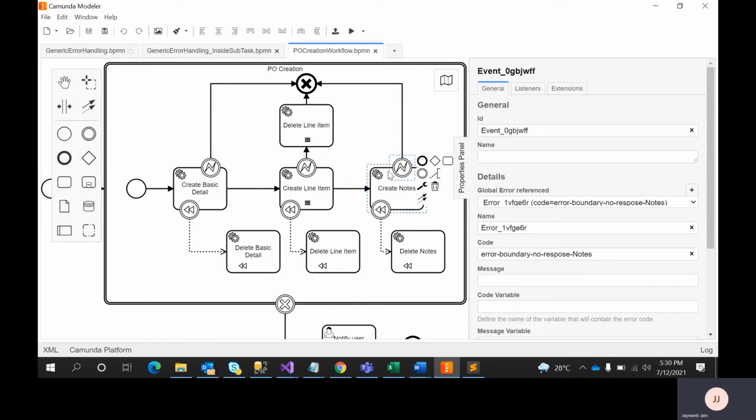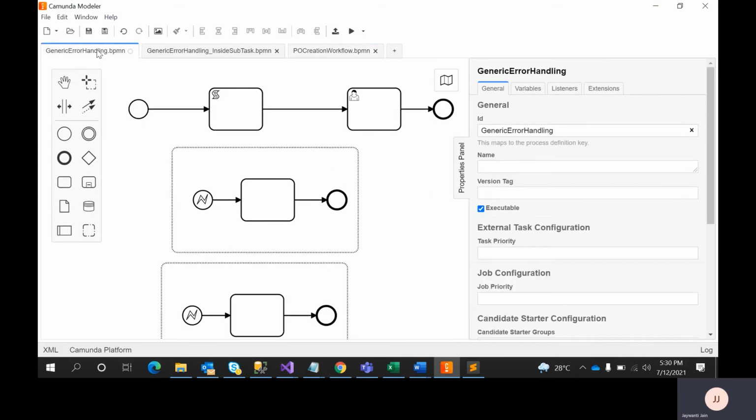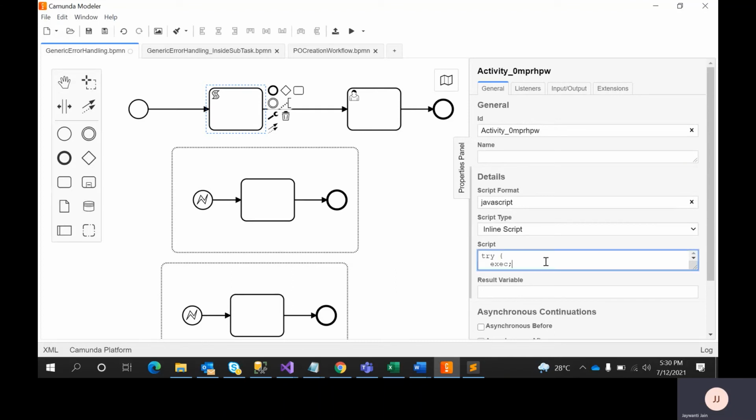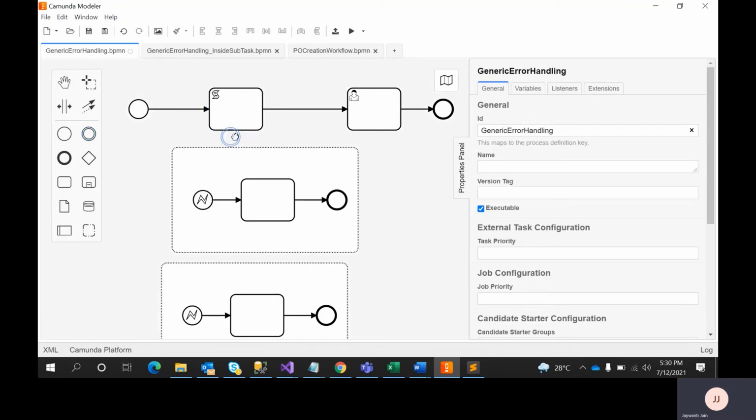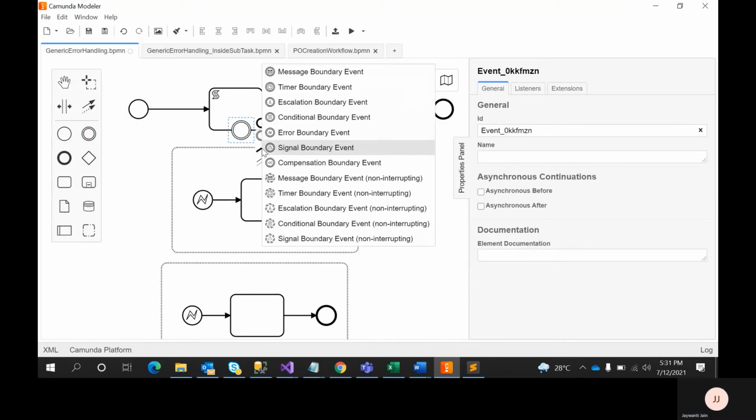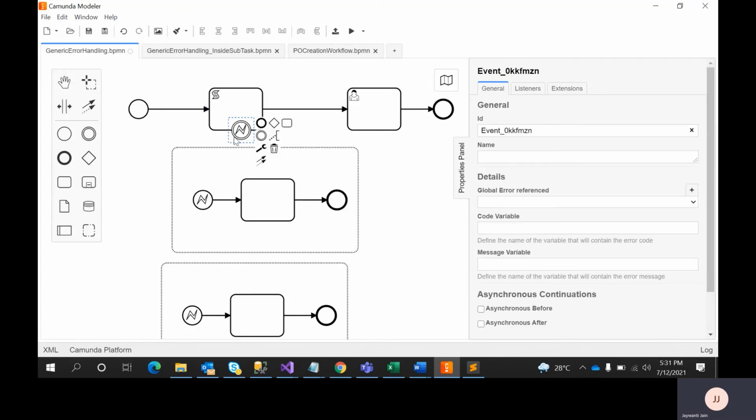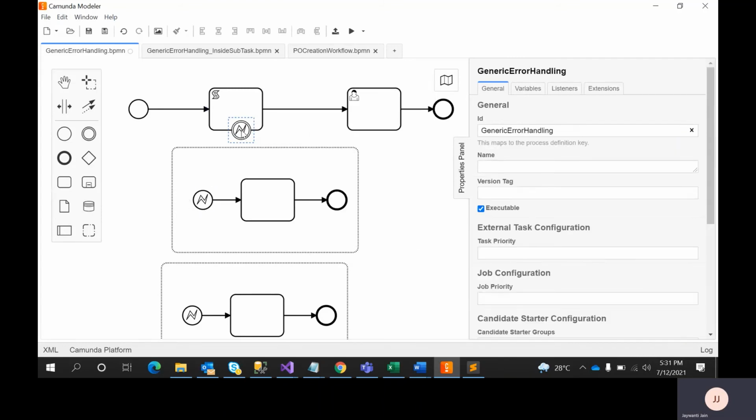So there is no need to add one on each task. If my main motive is that given any error occurred, I want to do this and simply end the process, then you can have only one generic error. Simply throw, so in this way you can throw. No need to attach an error boundary to each, and that error boundary name will be the same. It is not required, because you are manually throwing this error, so these error boundaries on this script task are not required.